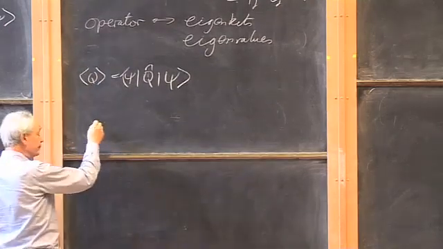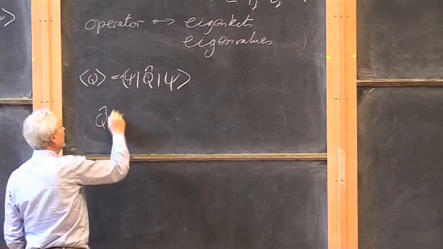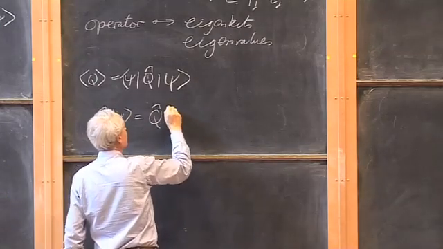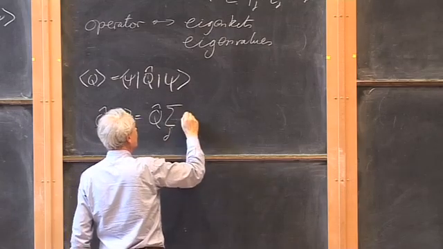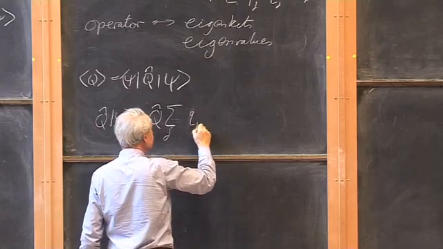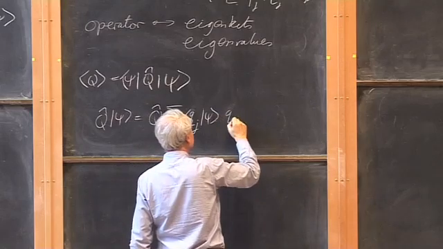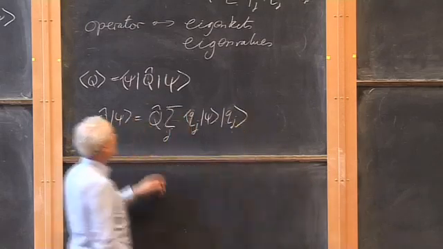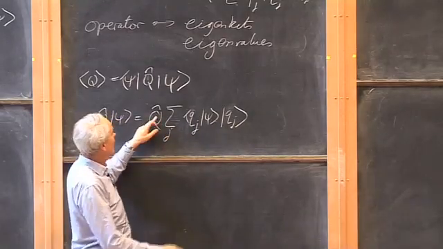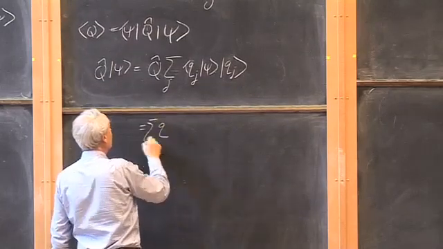So, for example, the operator Q turns psi, if we expand psi in its eigenstates, right? So if we write it like this, we know we can expand any psi thus in the eigenstates of this operator, and then we know how to use this on this. So this is equal to the sum of q_j